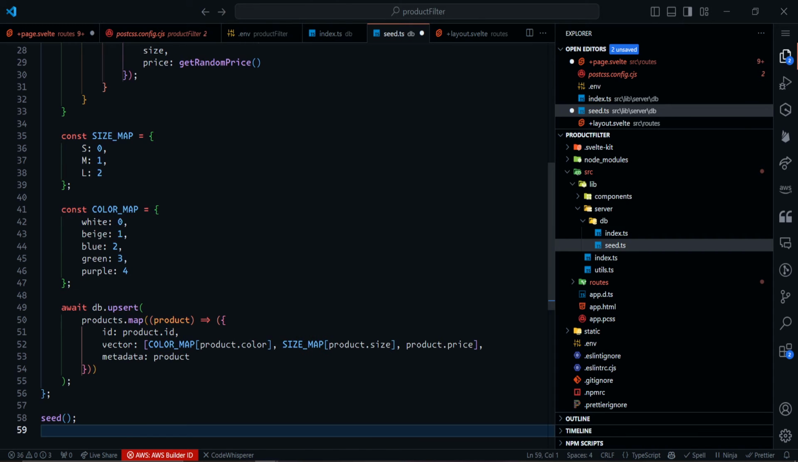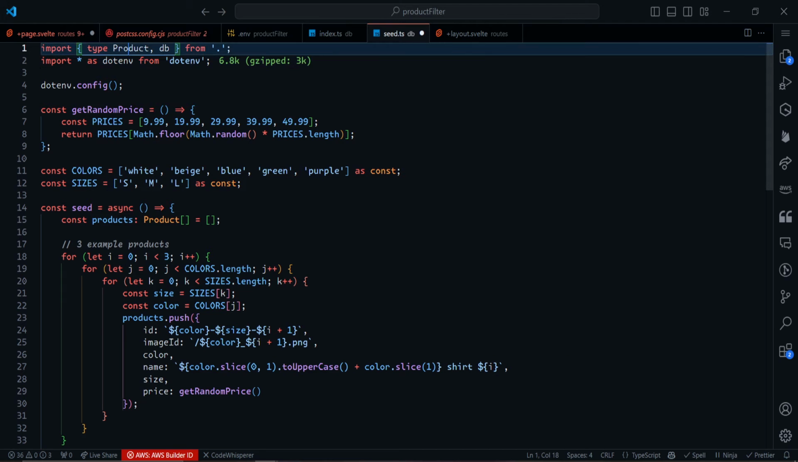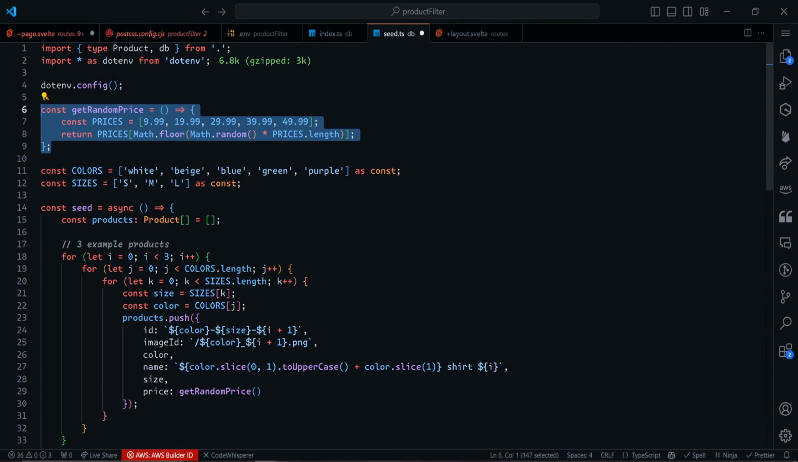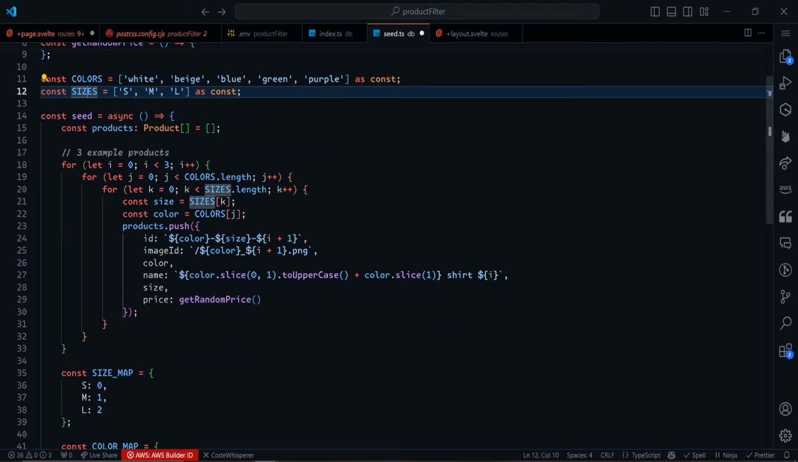So paste this here. We have a couple of things going on here. First of all, we are importing the product type and the db from the index file. And then we're also importing dotenv as well. Now we have this function to generate random prices for us. And we have the color and the size constants. Now we have the seed function,